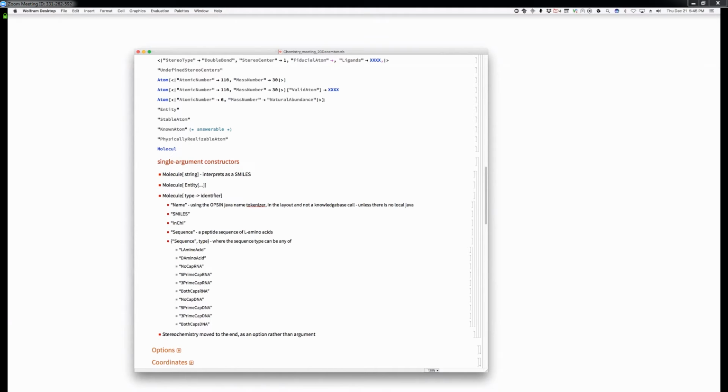I think it's important that if somebody takes caffeine as a molecule and you ask for its molar mass, it should give the same thing that the entity gives you. Definitely, which means that's got to be natural abundance. Even if, what has to happen is, if you've got things with natural abundance, which is what you probably get if it was defaulted without a mass number specified, then one thing that's unfortunate about this,